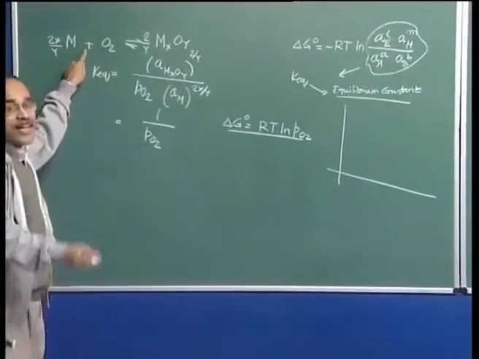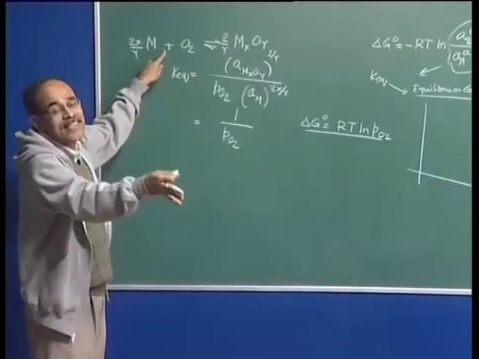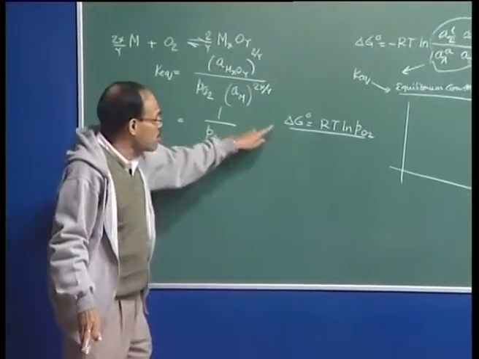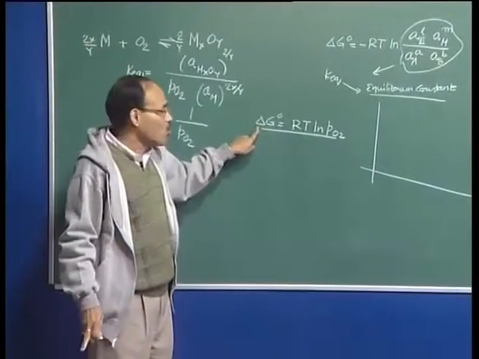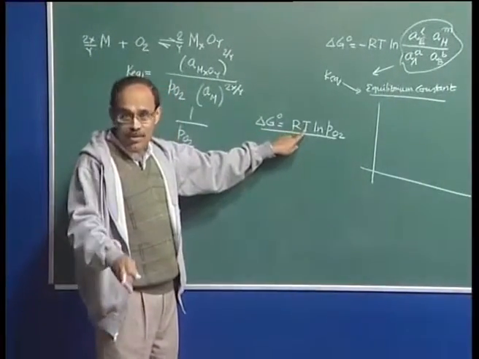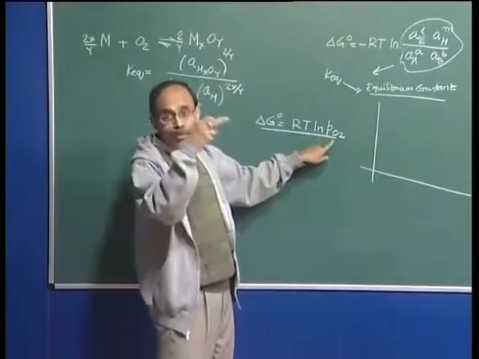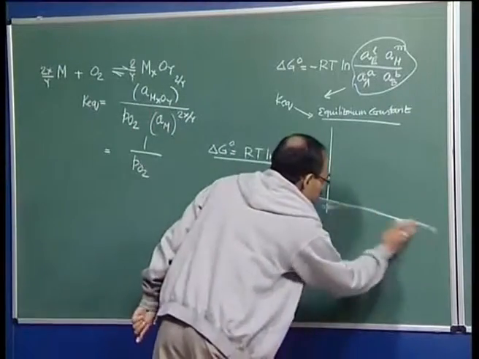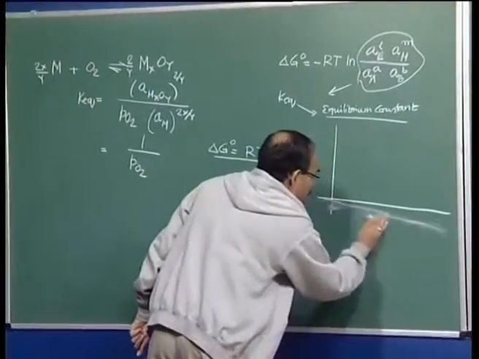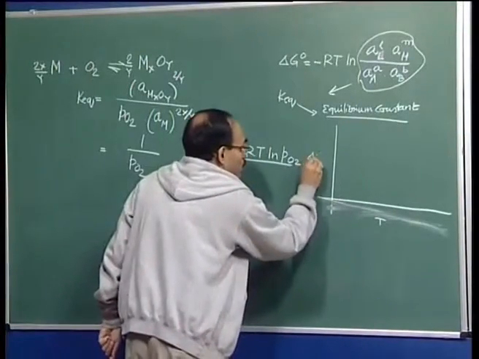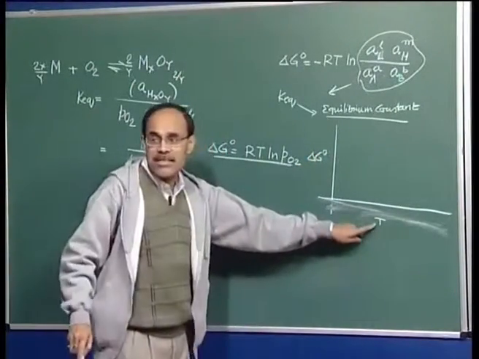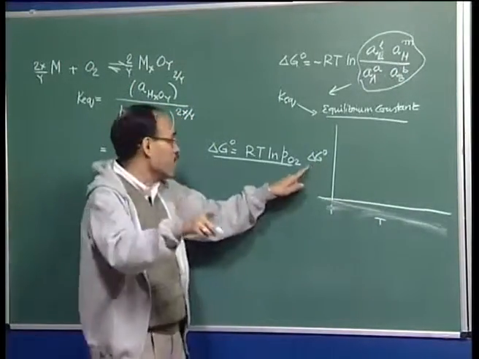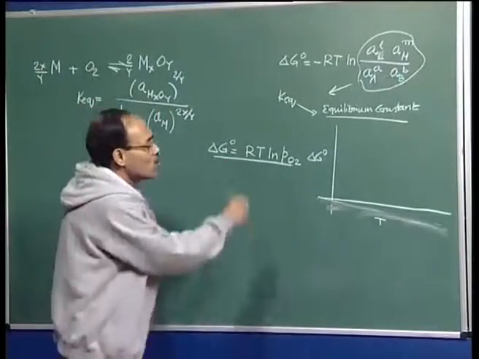study the equilibrium of this reaction at 800 degree centigrade, 900 degree centigrade, 1000 degree centigrade, measure the partial pressure of oxygen, and on the basis of that we can compute the delta G naught value, because R is known, temperature is known, and partial pressure is the equilibrium partial pressure that we have measured through an adequate measuring device. So, at various temperatures we should be able to plot. The temperature at which the equilibrium has been obtained is measured, the corresponding delta G naught is estimated based on the measured PO2 value, and we should be able to draw